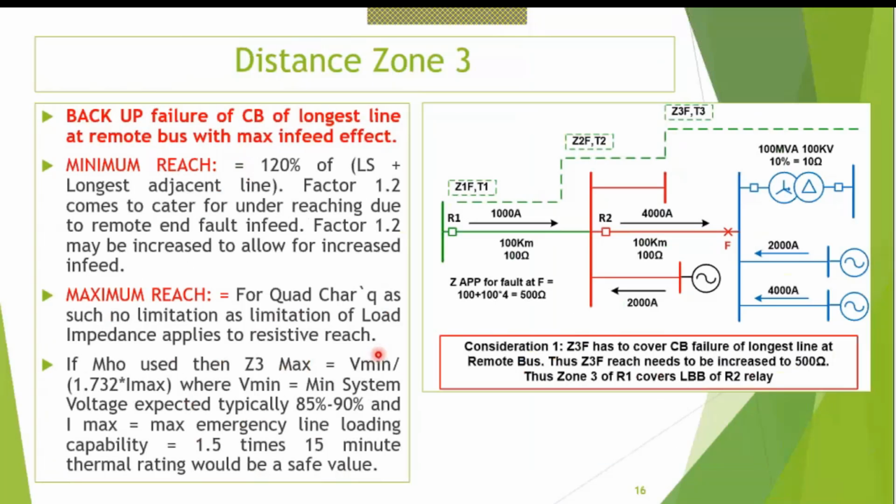Okay, next slide. We come to zone 3. This is zone 3 protection. Now this is backup of the CB of the longest line at the remote bus. So any fault, this remote bus is going to have a short line, long line, medium line, all sorts of lines. The zone 3 of this relay R1 will take into account the longest line from the remote bus and